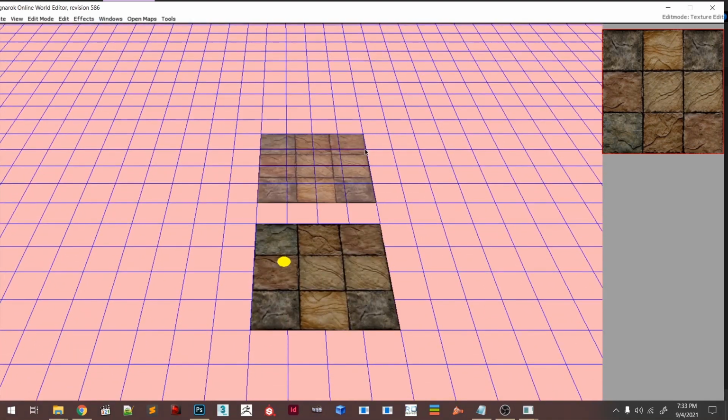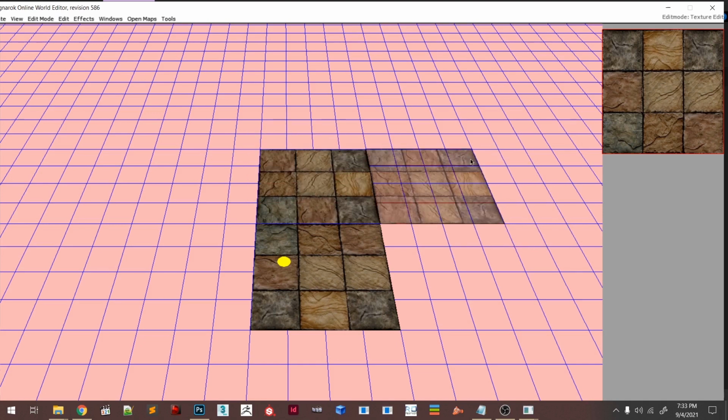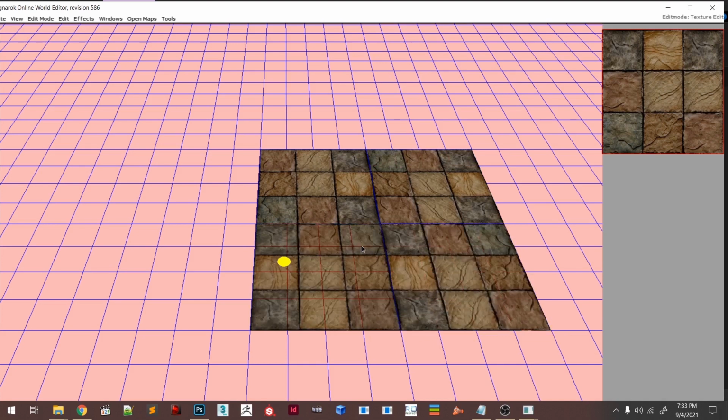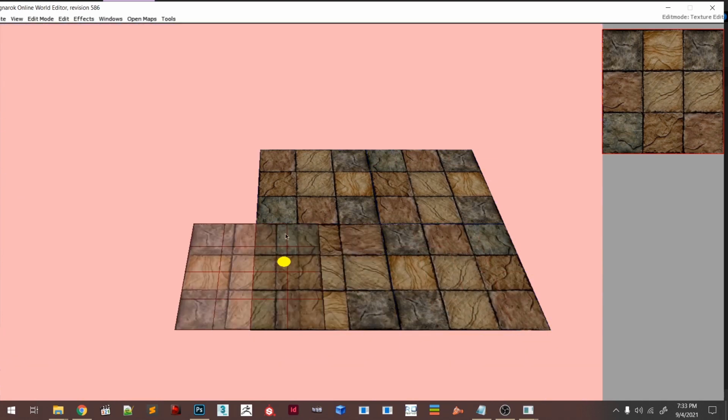Alright, so now you can press space to rotate, you can press H or V to change the angle of your texture, so you can make sure they are looking a bit different. Press G to remove the grid line.